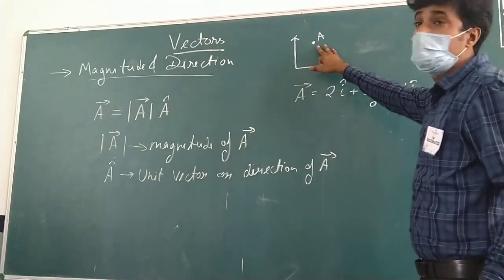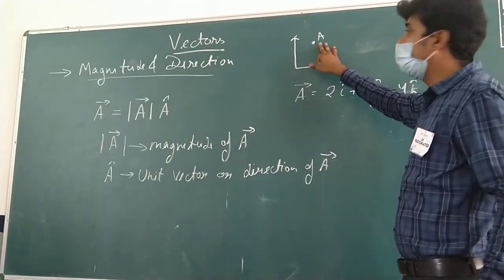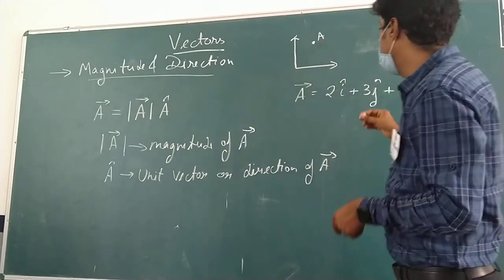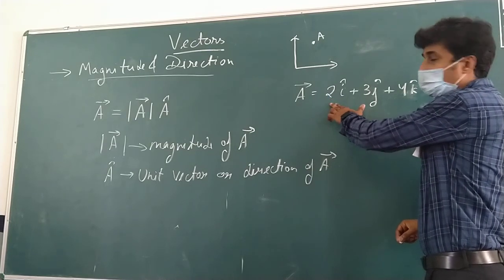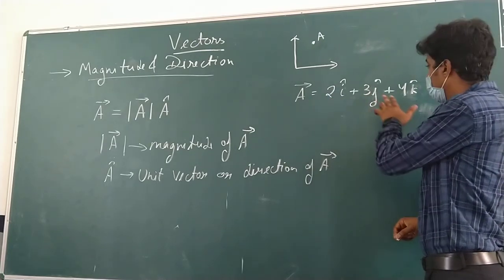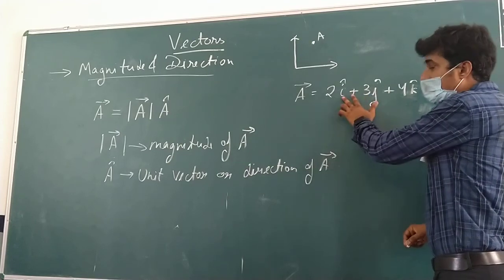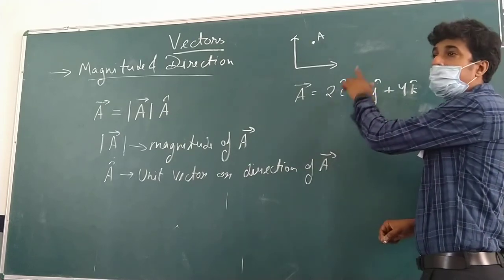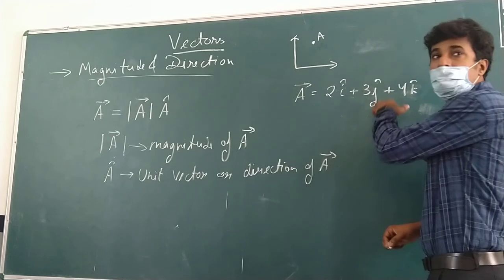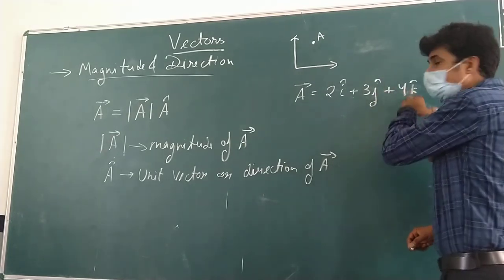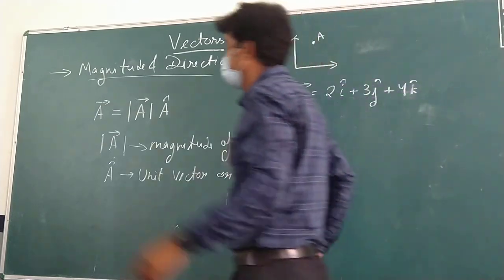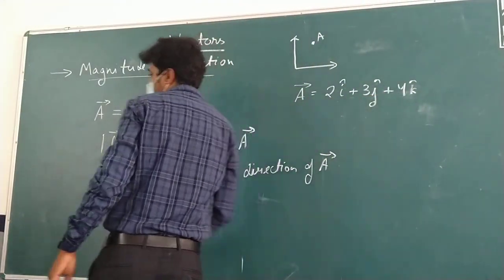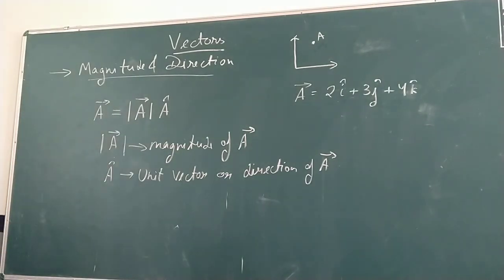So this position with respect to origin, what does this want to tell you? This wants to tell you this vector A has 2 in the x direction, 3 in the y direction, 4 in the z direction. I cap is used for denoting the x direction, J cap for the y direction, K cap for the z direction. अब यहीं पे समझने की बात है. 2I cap plus 3J cap plus 4K cap. Suppose I started from the origin. From here I started at the origin. Okay.